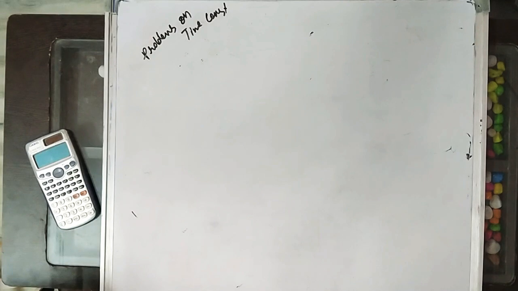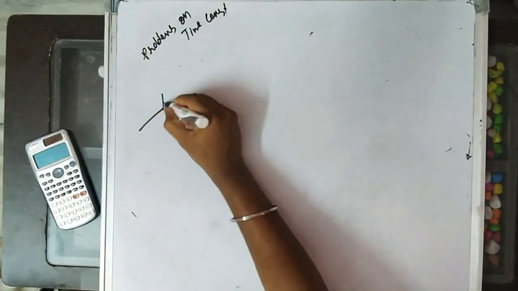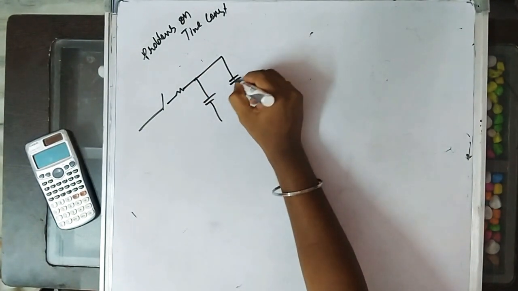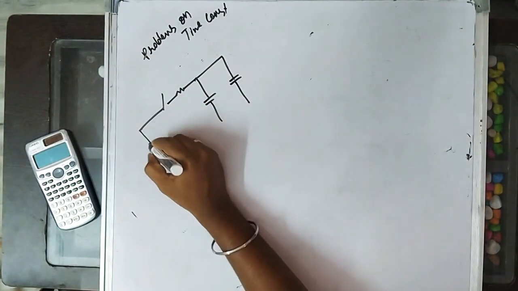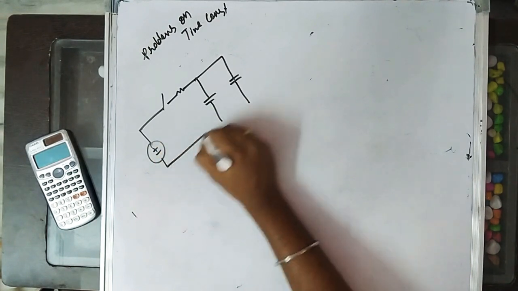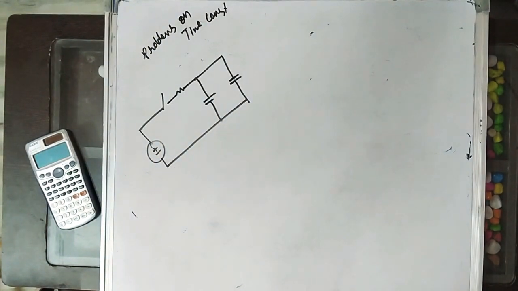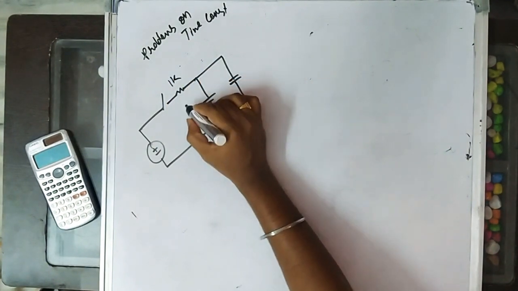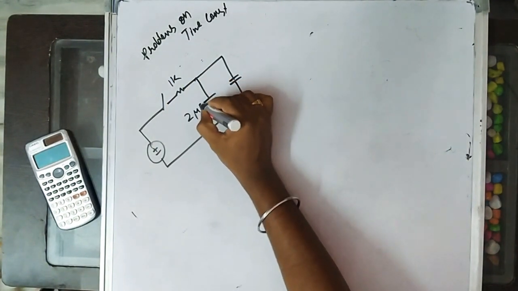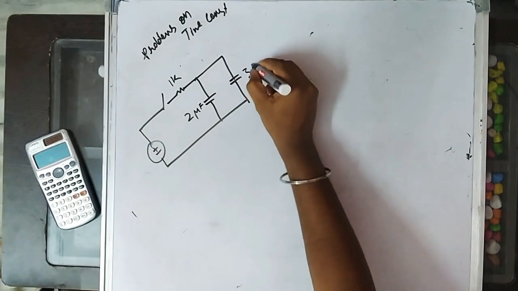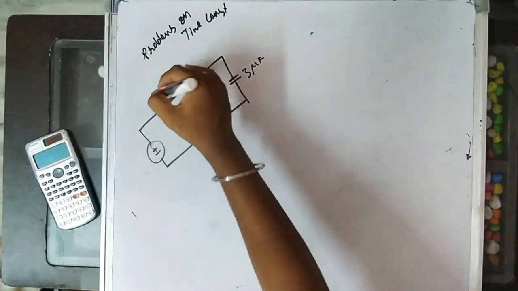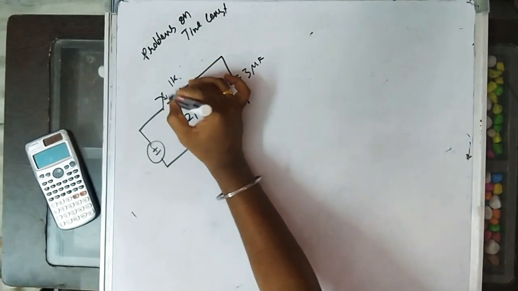Now I am asking you to find the time constant for this circuit. I am not bothered about any response here. We are not finding any response; we need some theory to understand the response. Now we will first find the time constant. This is 1 microfarad, 2 microfarad, and this is 3 microfarad. Initially they gave you the circuit here. Don't panic. Here the switch is in the downward direction.